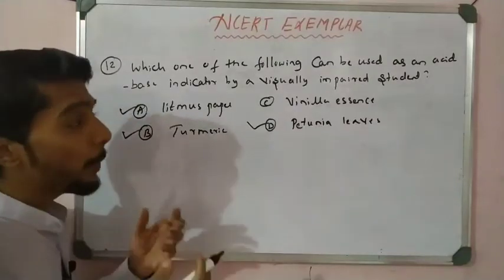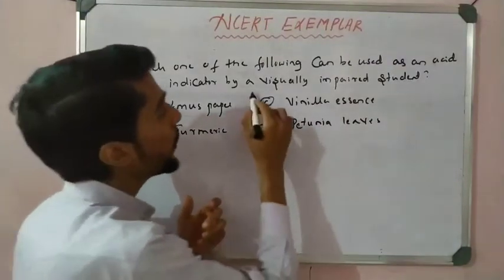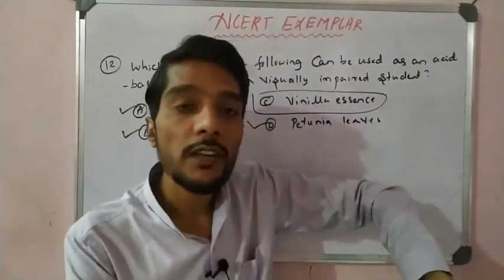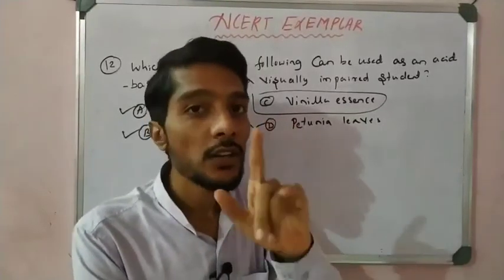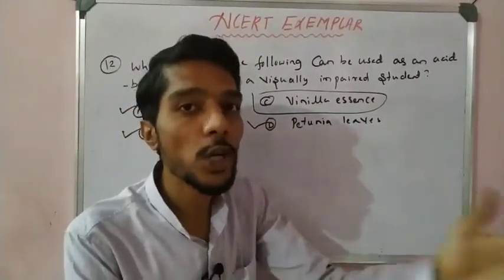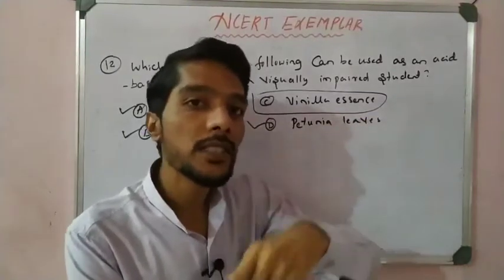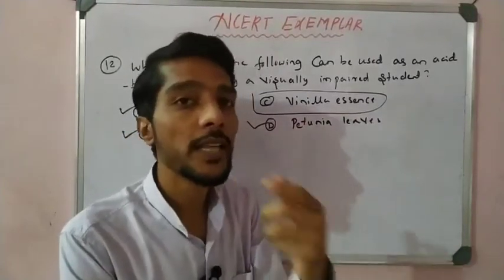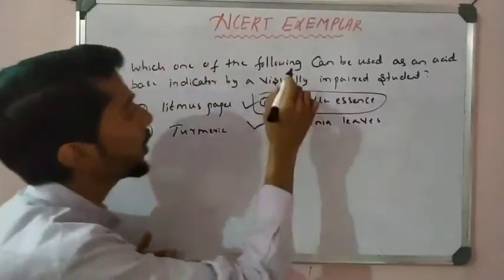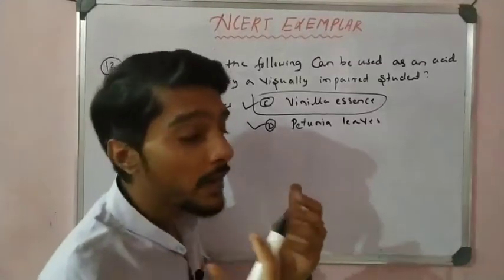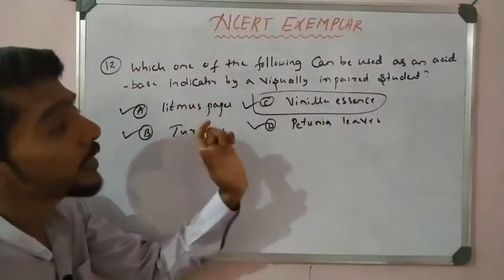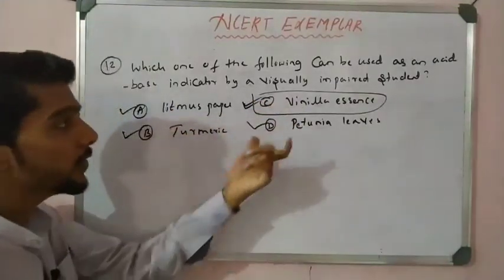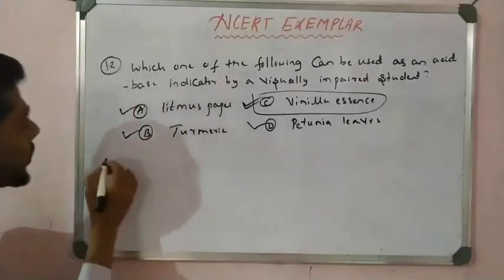So they are not able to see, but they can detect smell, right? Vanilla essence is a smell change. If the acid is there, the smell is not changed or removed, the onion smell is not removed. If the base is there, the smell is removed. So if the smell is not removed, it is acid. If the smell is removed, it is base. They can recognize by smell. So for such blind students we use this suitable method to identify which is acid and which is base: smelling. We use vanilla essence here. So that is question number 12.